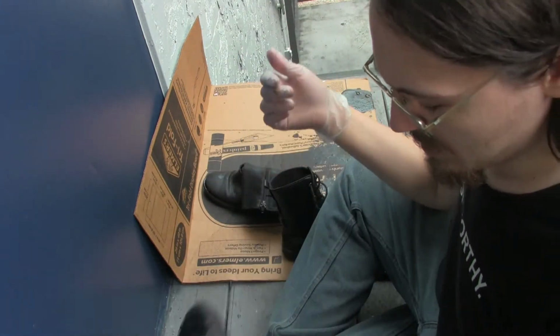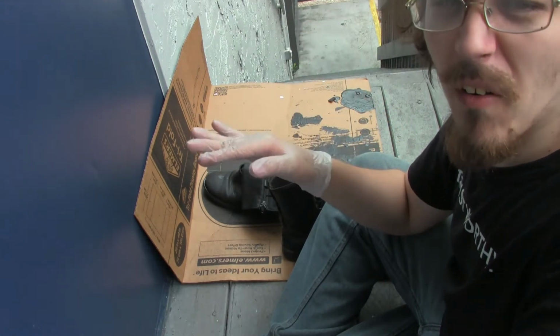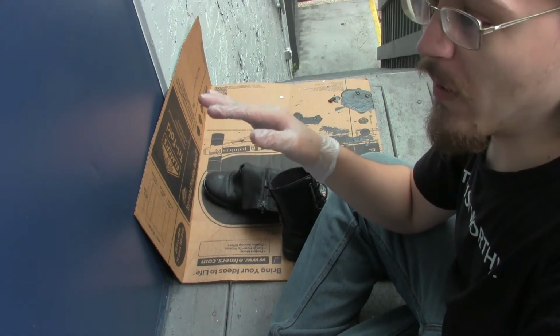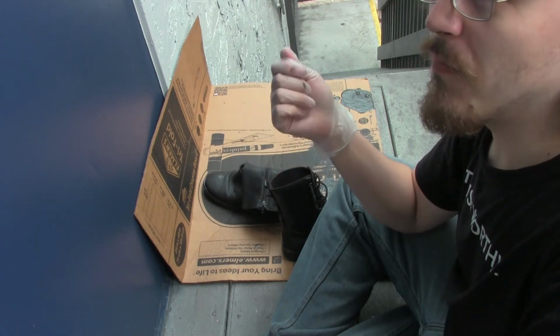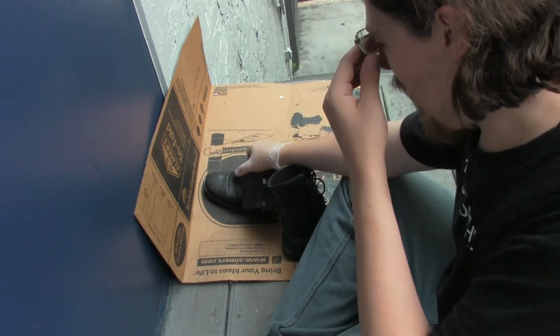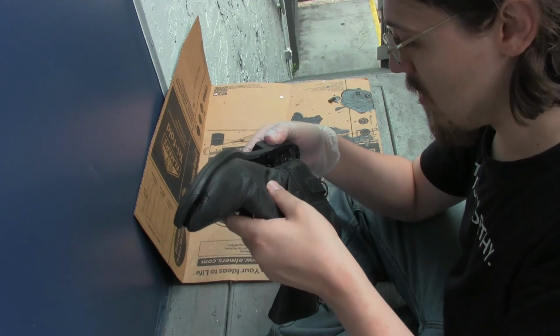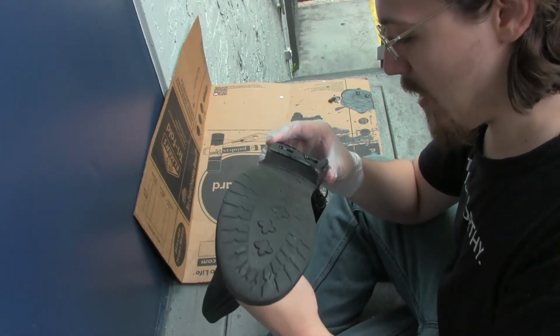It's been 3 hours. I assumed this stuff would dry in like half an hour, but apparently it takes like 2 to 3 hours, and 24 hours for it to fully cure. So we might have a longer project on our hands than I initially forethought. Because I lift this up and